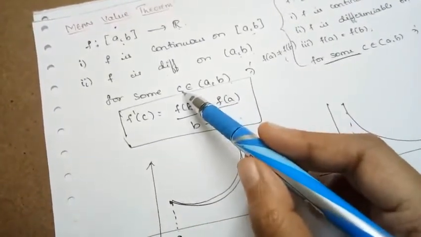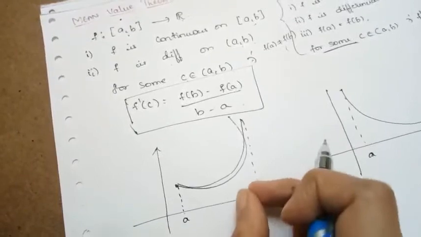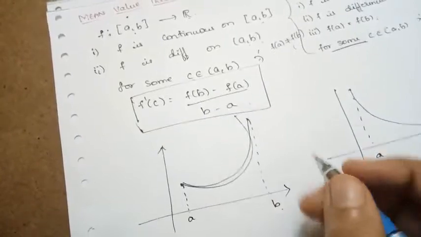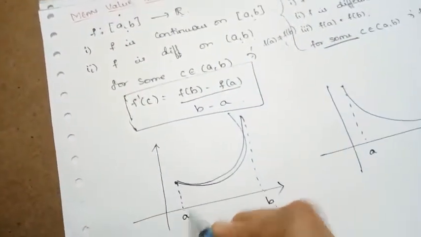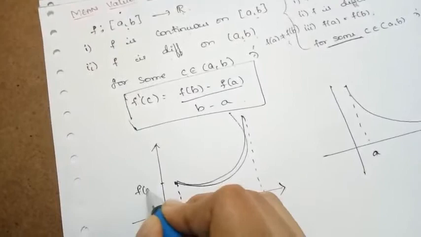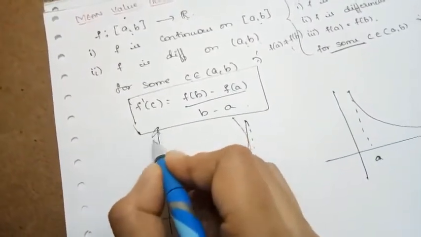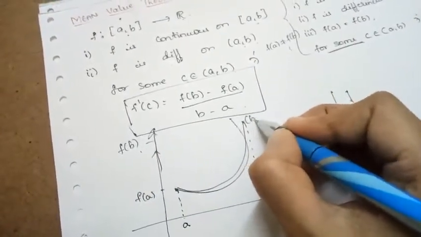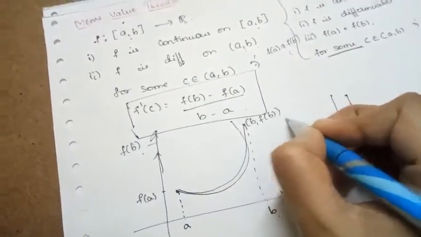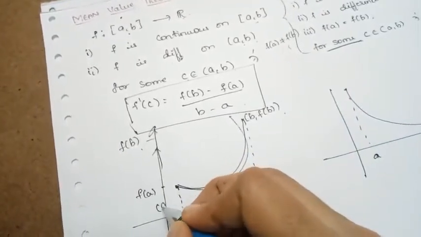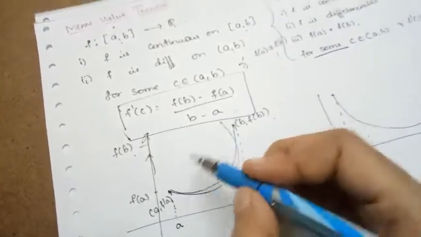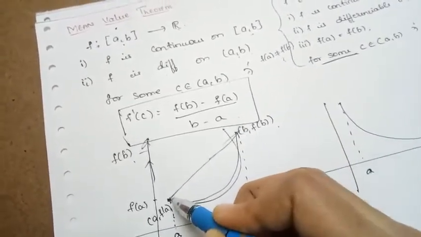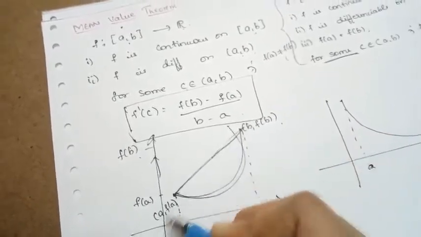So they are saying there exists some point c belonging to (a, b) which is satisfying this thing. Now let us see clearly what this is saying. If this is a, and this point is f of a, and this point is nothing but f of b, what is the coordinate of this point? The coordinate of this point is (b, f(b)), and the coordinate of this point is nothing but (a, f(a)). Suppose I join these two endpoints, I get a line segment